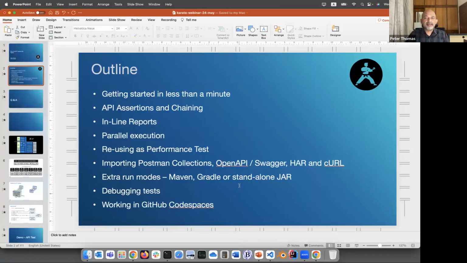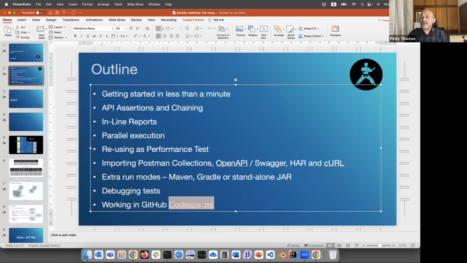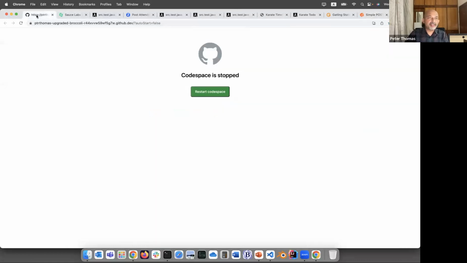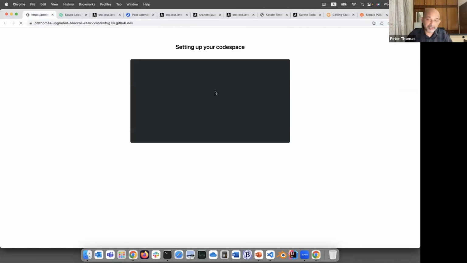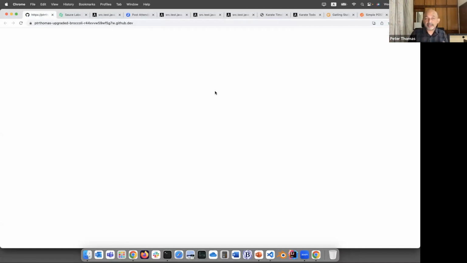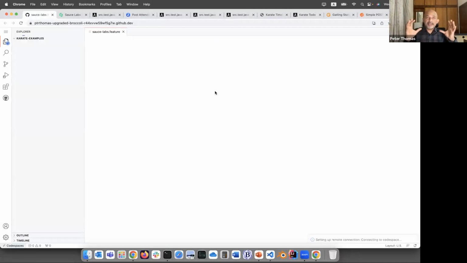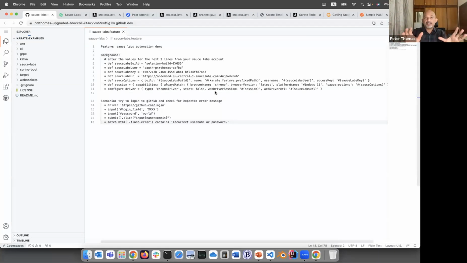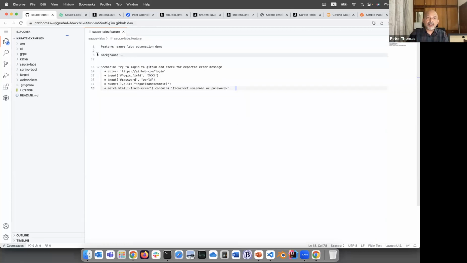And the last demo I want to show, and I think we'll have 5 or 6 minutes for questions, is Codespaces. And I'm going to try and actually combine 2 particular demos. I'm going to attempt, I'm going to restart the Codespaces. For those of you who don't know what Codespaces is, you get the whole IDE experience of Visual Studio Code completely in Chrome, right? What you're looking at is a Chrome browser, and